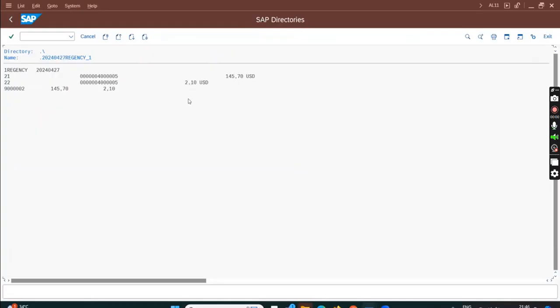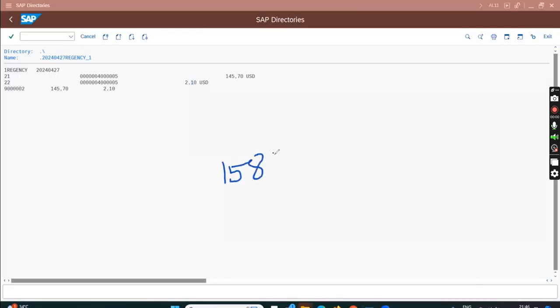Now see, it has generated two information. First information is for payment. Here it is telling that 145.70 is collected, do not follow up on this one. And in the second line it is telling that 2.10 worth item is undone, that is it has been recalled, do not follow up. So in their database they already have information that I need to collect 158.31. Okay, how did they know? I already sent the submission file to them. Okay, now after this, when I send this mail, they will deduct okay, 145.7 is collected,